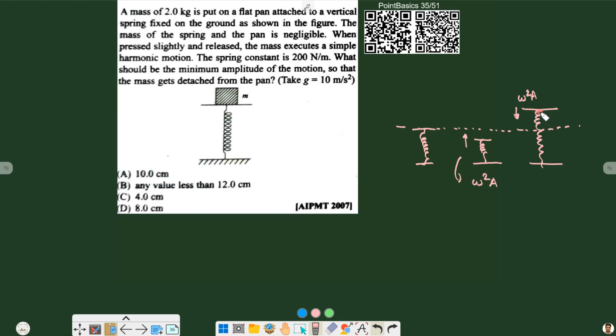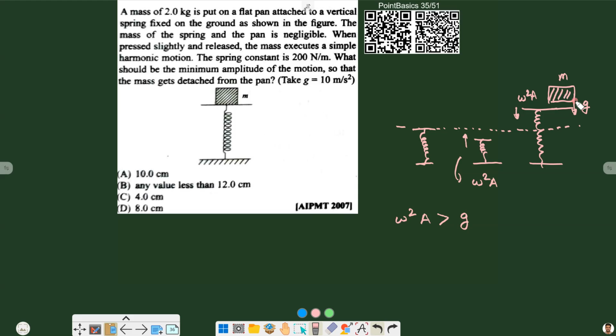So when the spring is in this position, its downward acceleration is omega square A, and there is a mass m placed on this pan. Because this mass is not attached to the pan, it is just placed on it, its maximum downward acceleration can be g. For this pan, maximum acceleration is omega square A. So if omega square A for this pan or spring exceeds